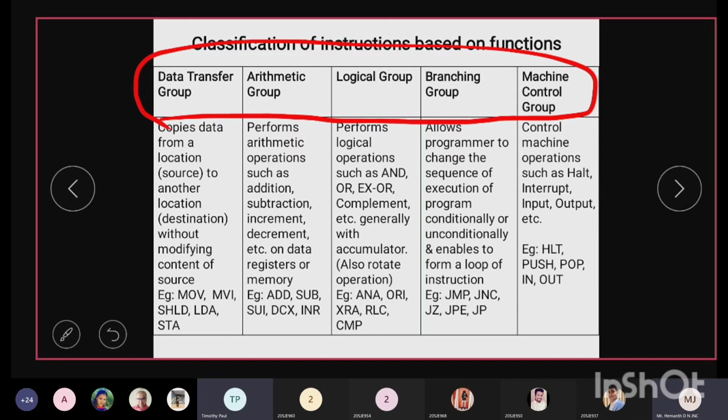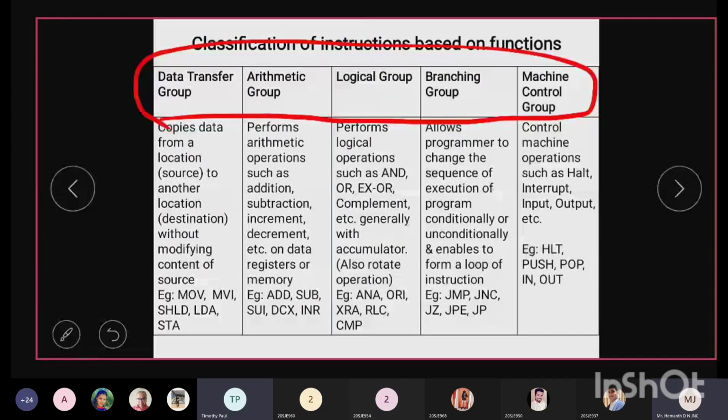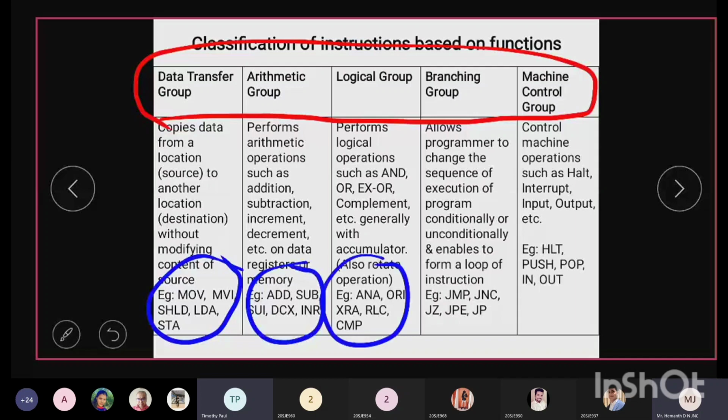To do the addition, you have to use ADD. Got it? Then what is the logical group? All are there. You can see the examples at the bottom here, because you need to know these for the programming of 8085. Got it? These instructions at least you need to remember.